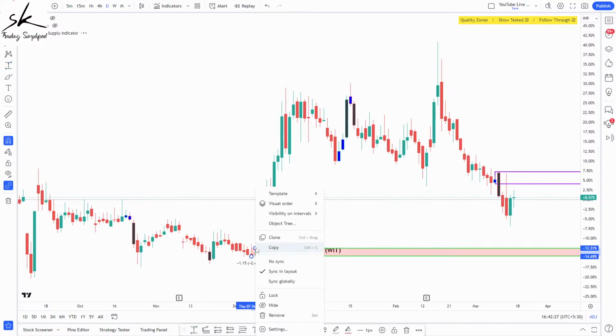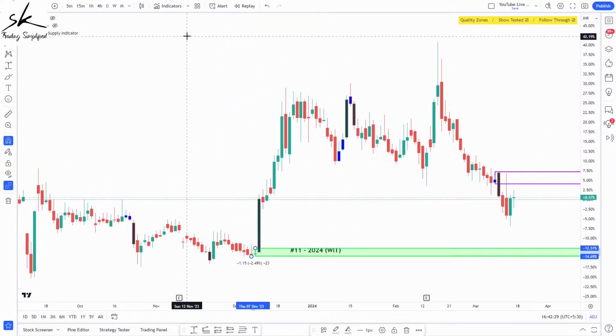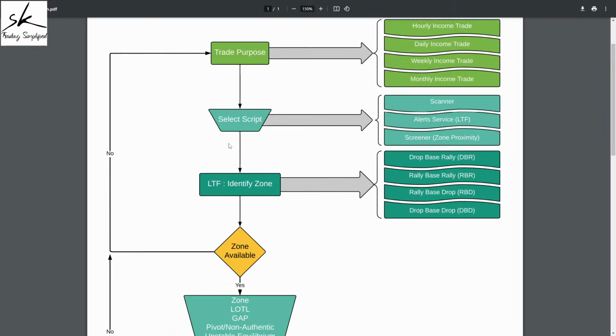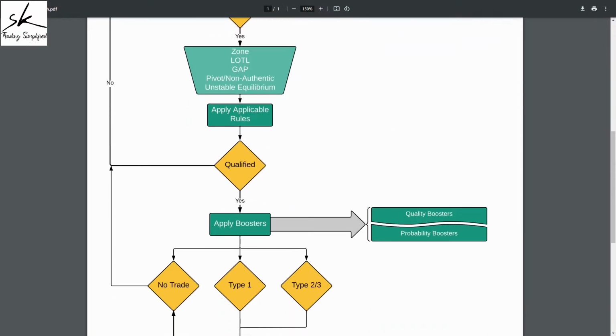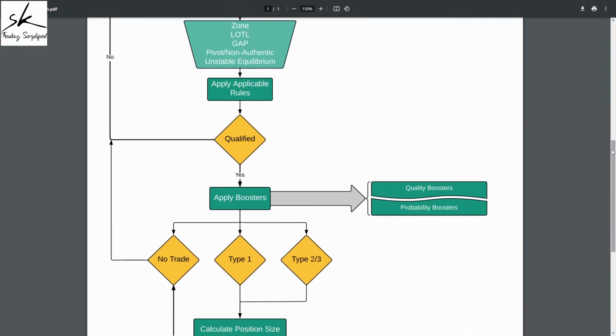So let's draw this drop based rally, which is our demand zone. So our step number 3, which is to identify the zone, we have already identified. Do we have a zone available? Answer is yes. Now, just because you have a zone on the chart does not mean you can blindly trade